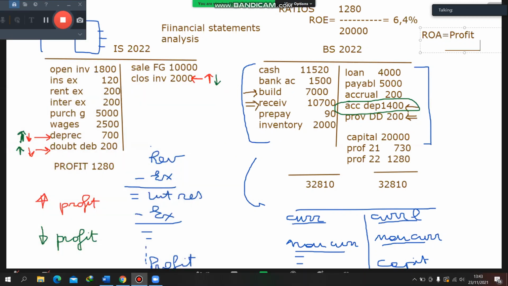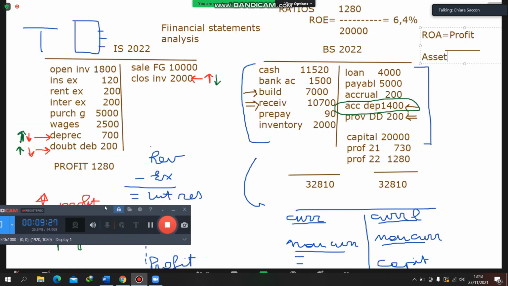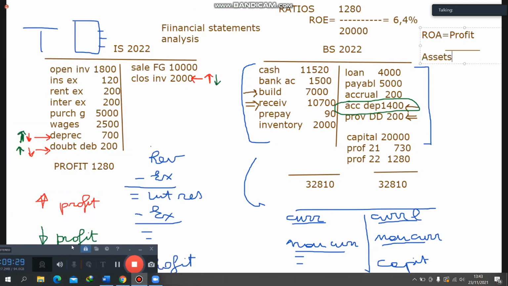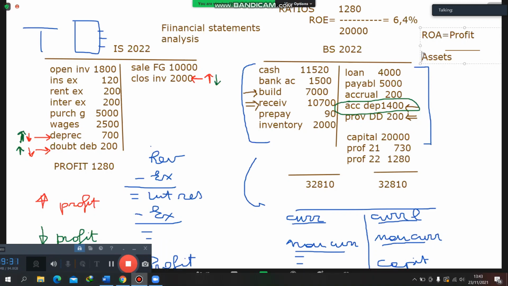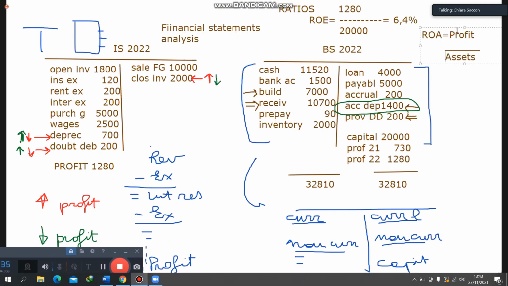Okay, it's not very good, but return on asset. You know, this is another ratio that is telling you what is the